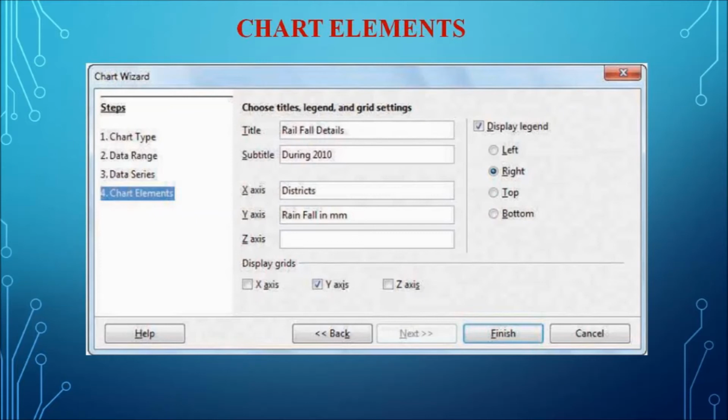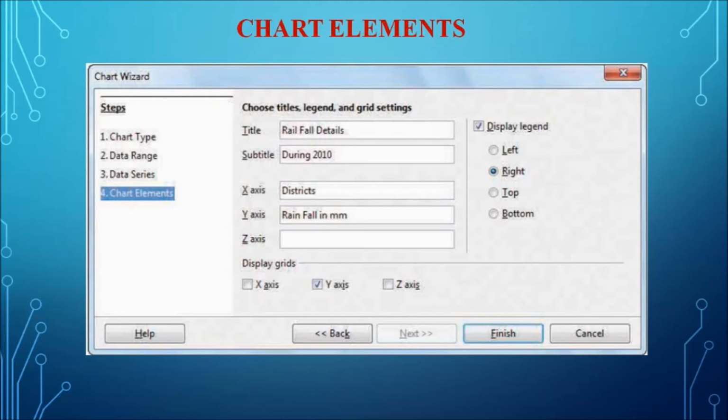This step is used to insert or change the titles and the legend. Legend is nothing but the plotting ID, the plotting values that will be mentioned in the chart itself. In the title box, the user can type the title for the chart, and also the user can enter the subtitle in the subtitle box. For example, if the chart is for mentioning the highest mark holder, the user can type the highest mark holder in the title box. Automatically the title of the chart will be displayed. Like that, the user can add or modify the labels of the x-axis and y-axis.